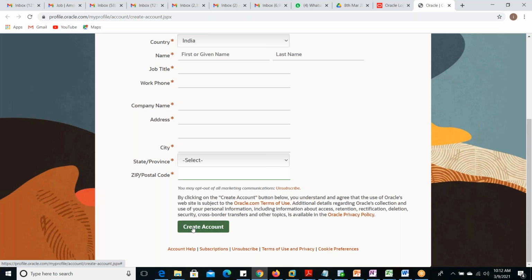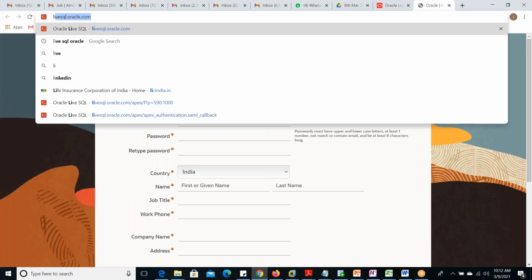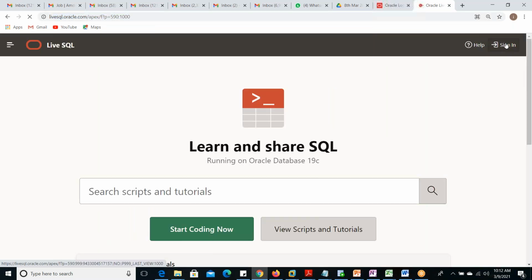Then click on this create account, so that one mail will come to whatever Gmail ID you are giving here. Immediately you can check that. In that mail, one option will be there, verify. Click that verify option. After that, one page will come, and it will be activated. Once it is activated, then you can log in. It will not take much time, half a minute or 1 minute only. Okay, so once it is created and activated, you can log in here.